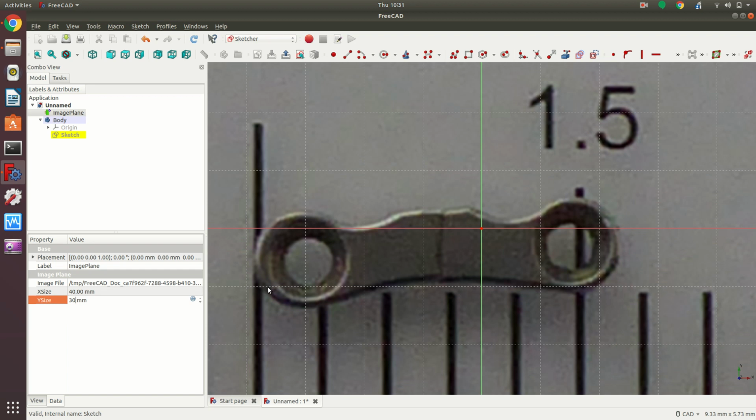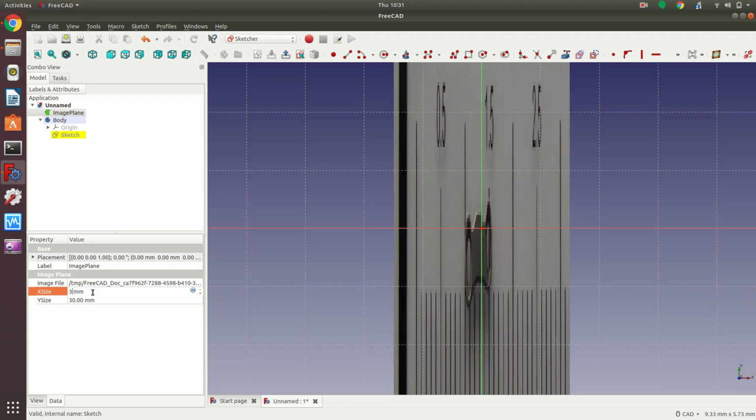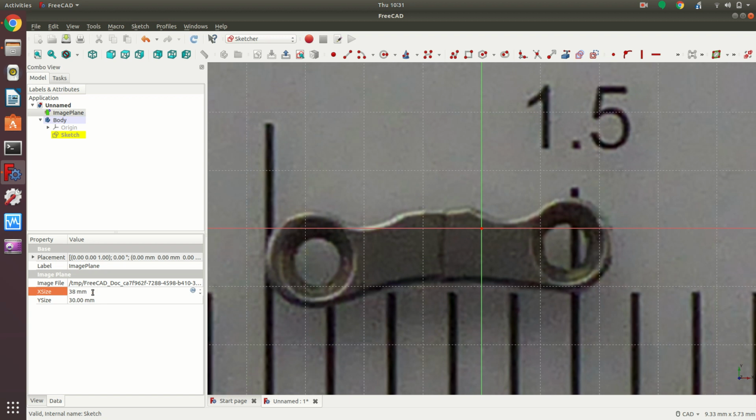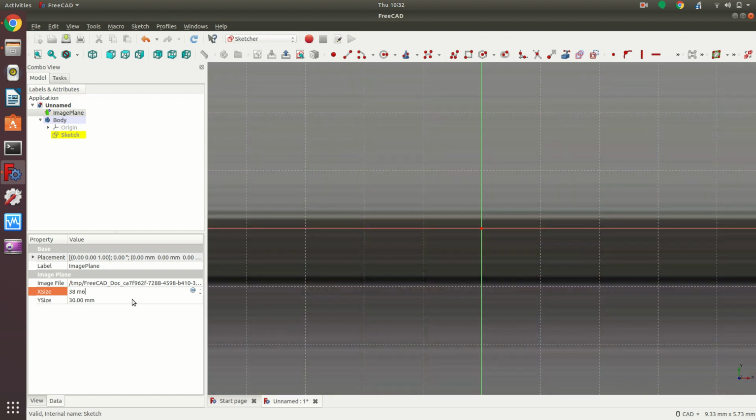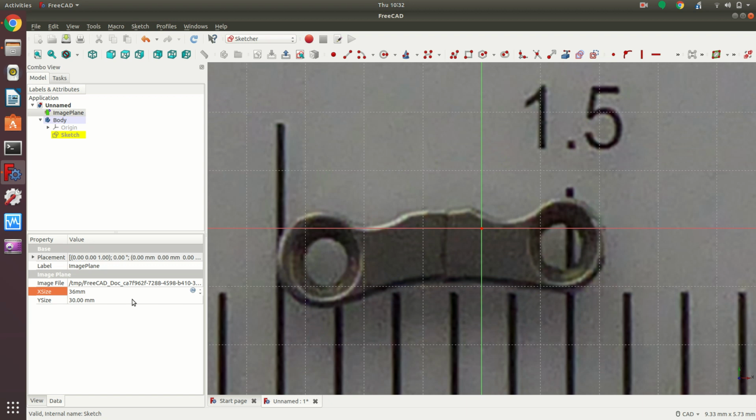They're slightly too big. Not a lot. Let's go to 38 and see what it does. And we're not doing too badly here. Still too big. Yeah? 36, 36 millimeter, and